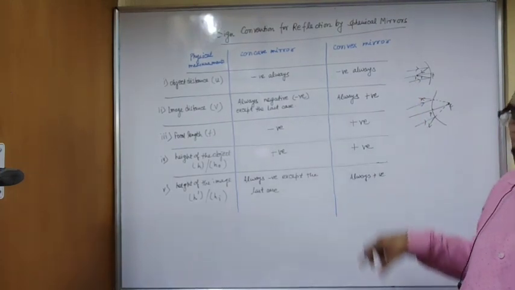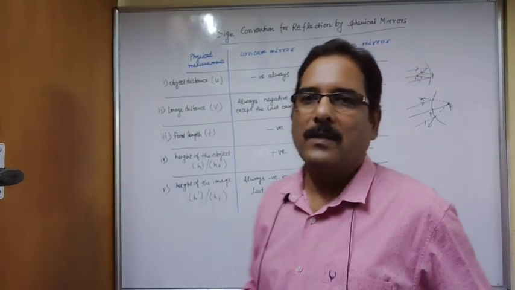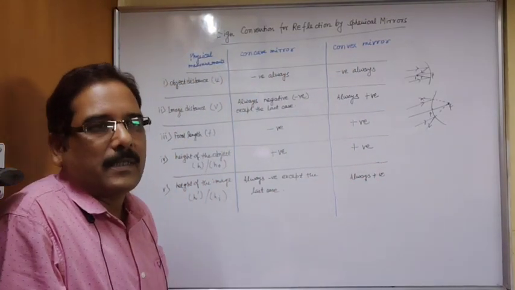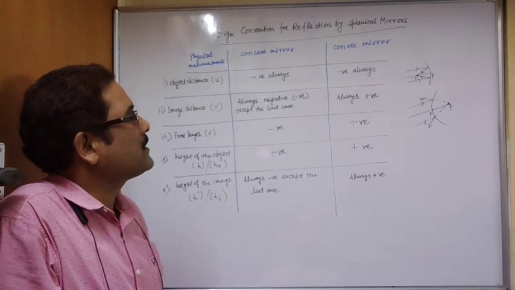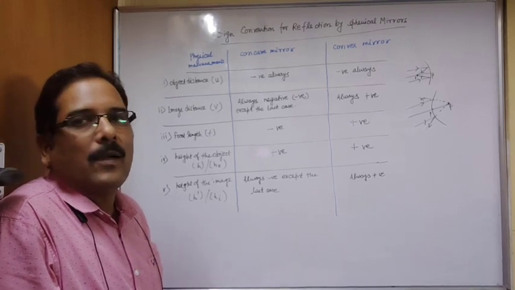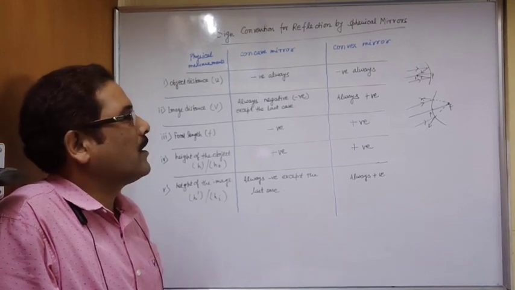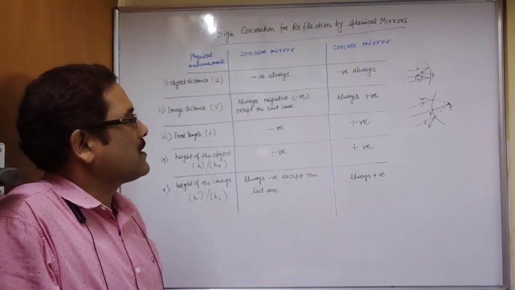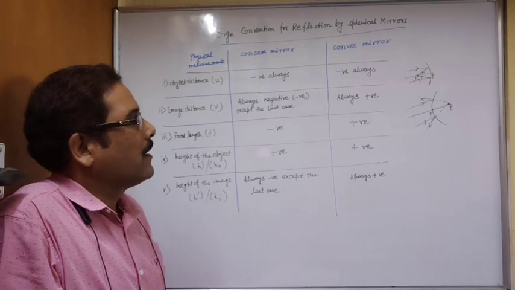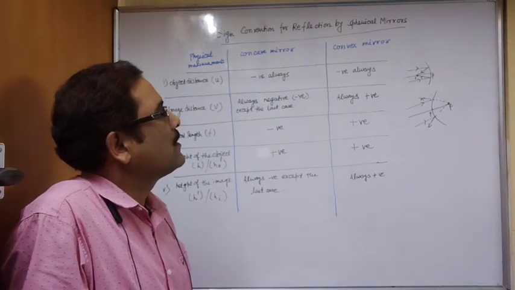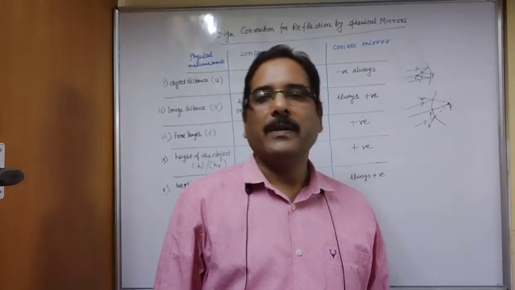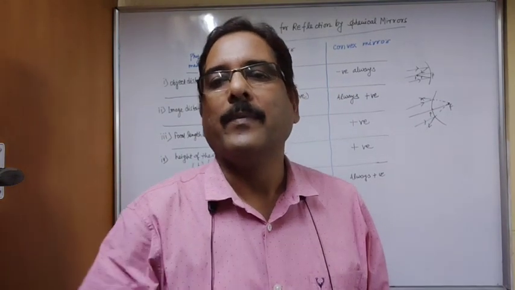So must remember it, children, revise it thoroughly and make a concept in your mind, so that in next class we will discuss mirror formula, magnification, and then we will solve the numericals. You will also be able to solve the questions easily if you make a concept of these things in your mind. This much is sufficient for today. In next class we will discuss mirror formula and magnification.